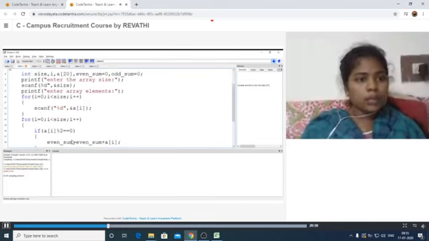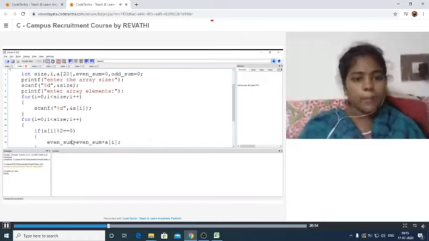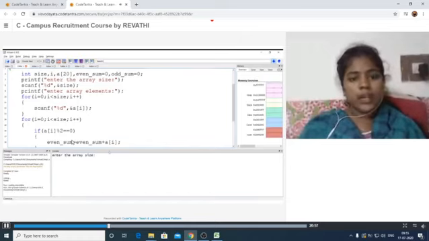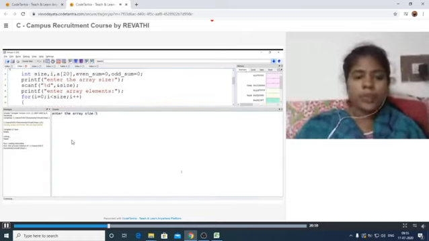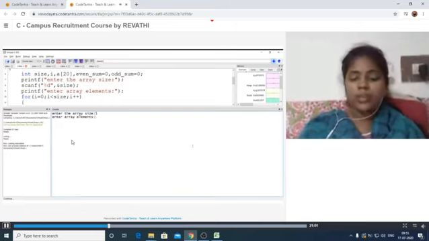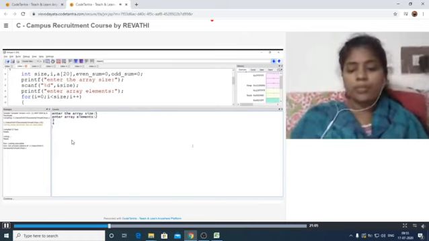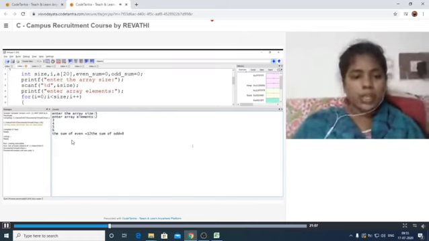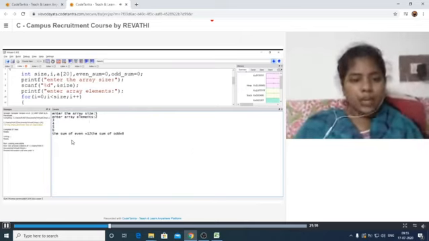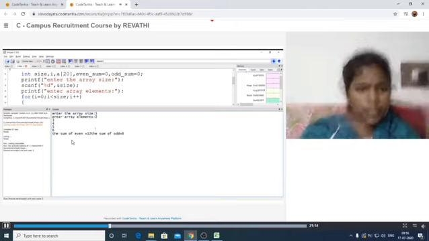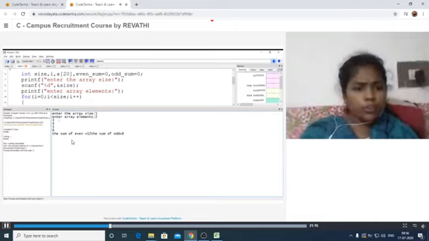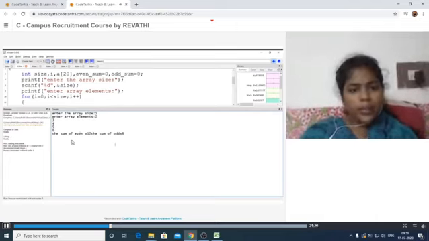Just add a double quotation. Okay, it is ready to execute. It is asking to enter the size of the array. I am providing 5. Size of the array is 5. I have to give the values 2, 3, 4, 5, 6 here. Let us see. The sum of even is 12. Actually, what are the even elements here? See, 2, 4, 6. That means 12. The sum of odd means 3 plus 5, that is equal to 8 here.